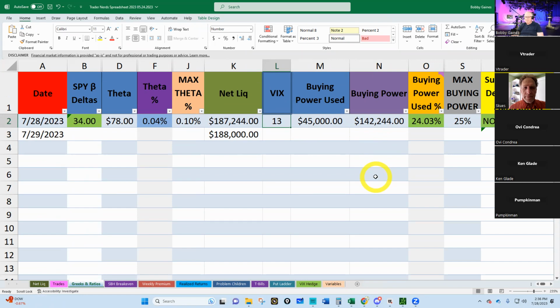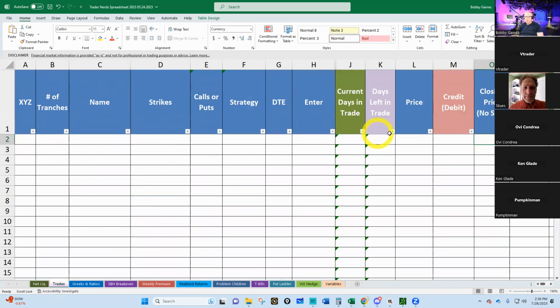Okay. Now, you got to decide: are you going to be a free-hander or are you going to record every trade? If you're trading our little strategy, I have this set up so that you can choose what you want to put in here as a trade. Now, let's do a trade, okay? It's got a drop-down menu: SPY, ES, SPX, or MES. If you want to trade something else, I could fix it so that you could, but this is what I do. This is my spreadsheet, and most of y'all trade the same stuff that I trade.